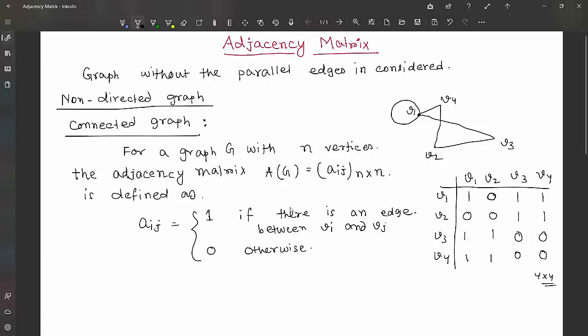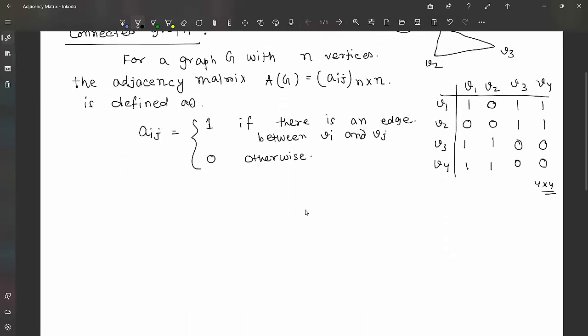So we put 1 if there is an edge between these two, and we put 0 if there is no edge, and this is for the connected graph. And for the disconnected graph, if we take the disconnected graph property, first we are taking one example here. So just construct the adjacency matrix